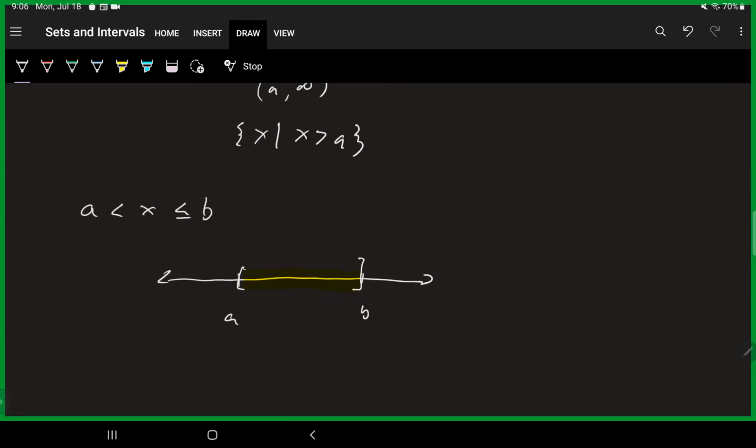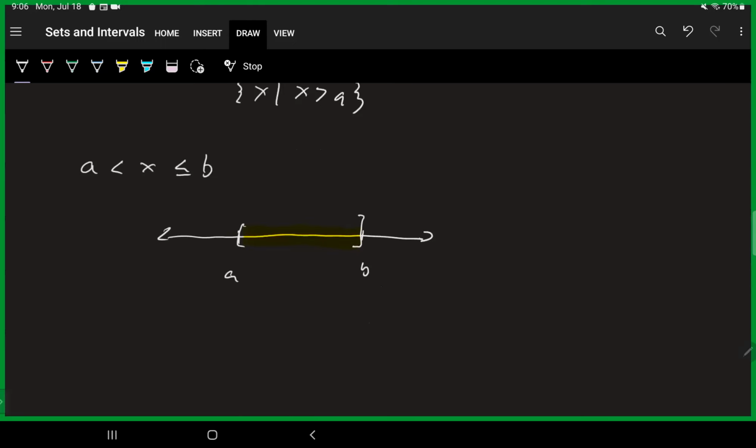And again, I like this interval or parenthesis-bracket notation because that tells me what my interval should look like. That's going to be a to b. Be really careful with how that looks. Make sure it's clear. And so I have my interval from a to b. And the square brackets and round parentheses are determined by the inequality signs. Or if we're given an interval notation or a graph, the inequality signs are determined by how things are terminated.